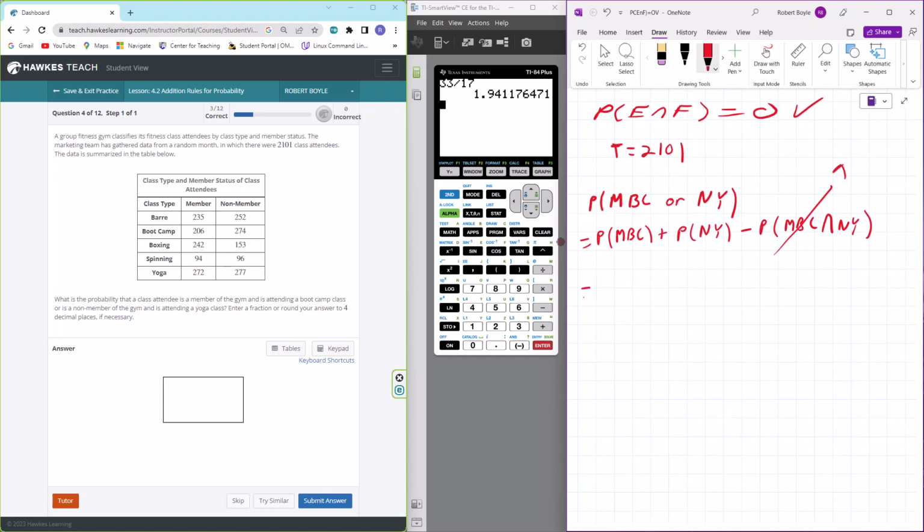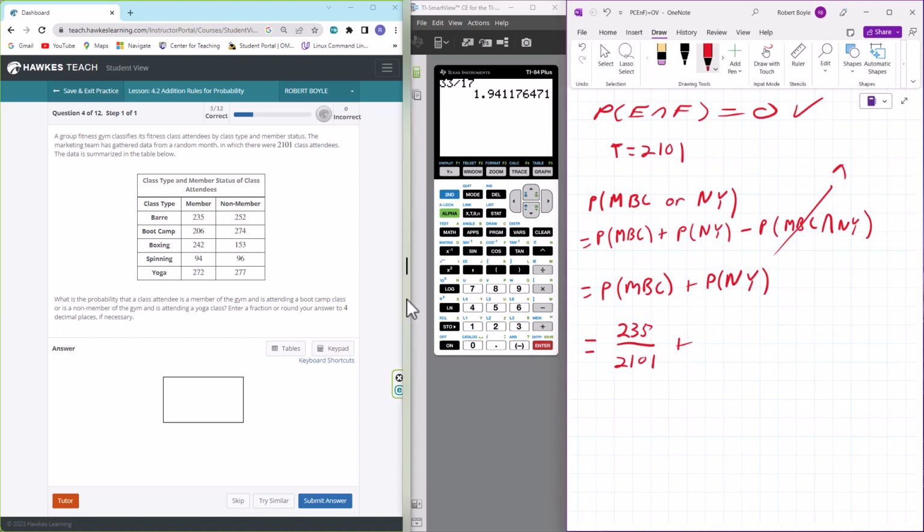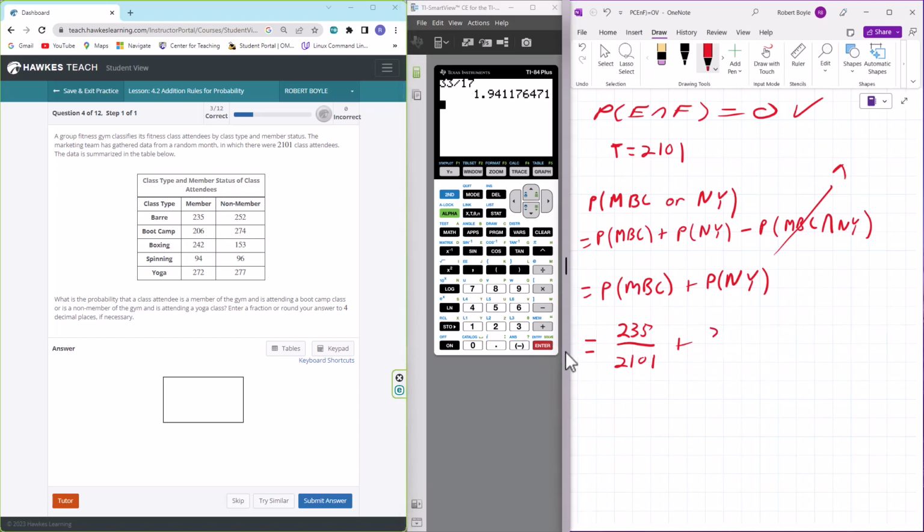So this is going to be equal to the probability of a member attending bar class plus a non-member attending yoga class. Okay, so the probability of a member taking bar class is going to be equal to the number of members that are taking the bar class, that is 235, divided by 2101, plus the probability of a non-member taking yoga class, well, that's right here, 277, divided by 2101, and that is going to be equal to